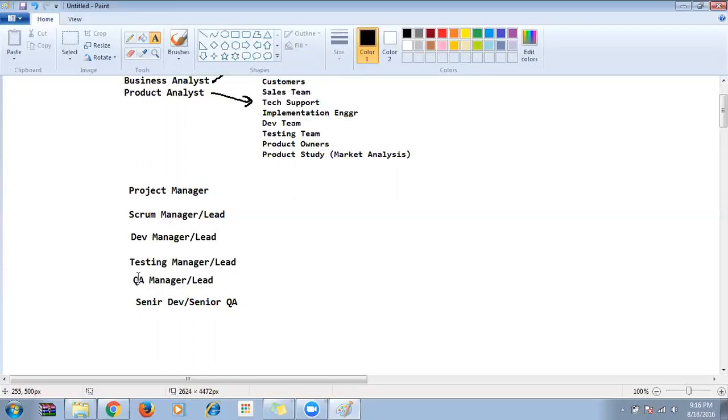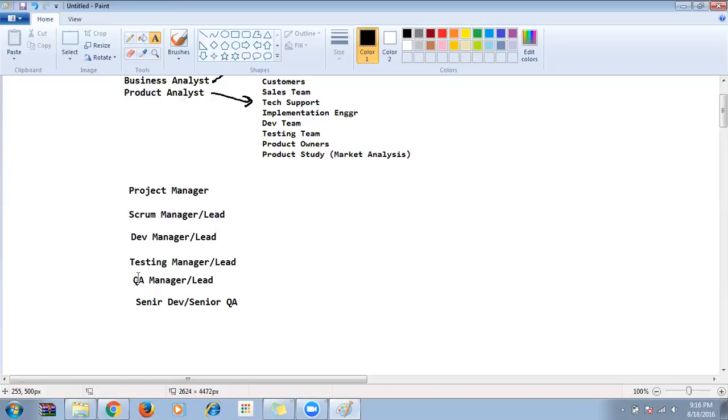Okay, so the senior dev is the person who is going to work on the application. He is going to write the code, and along with writing the code, he wants to make sure that it's properly written or not. So who will do that?